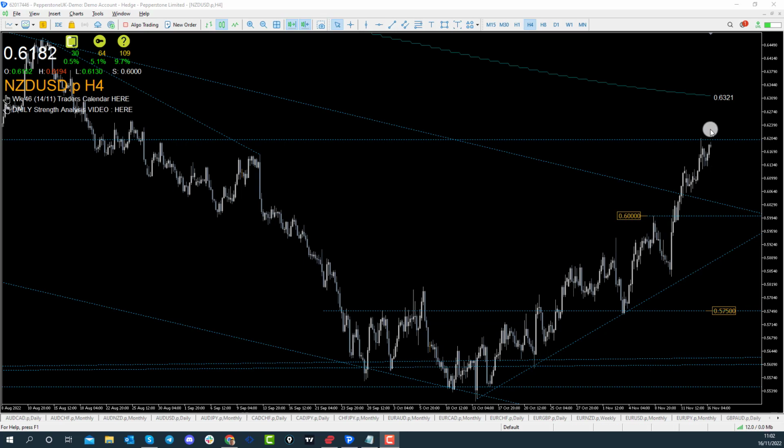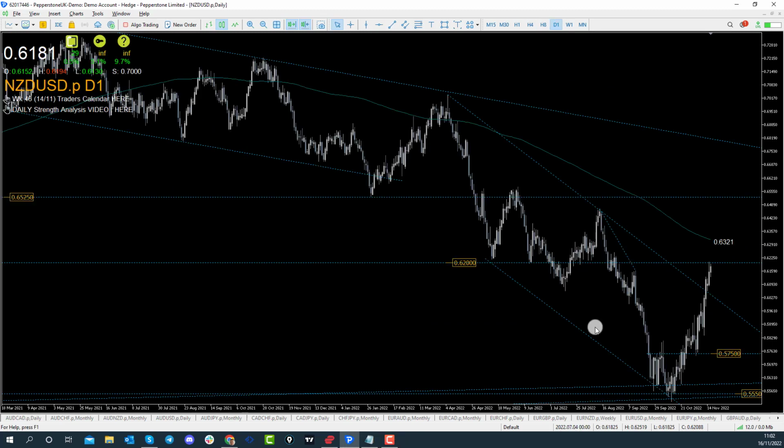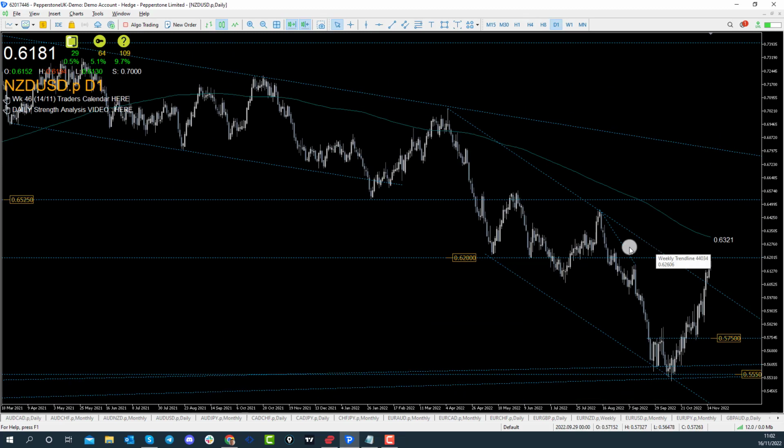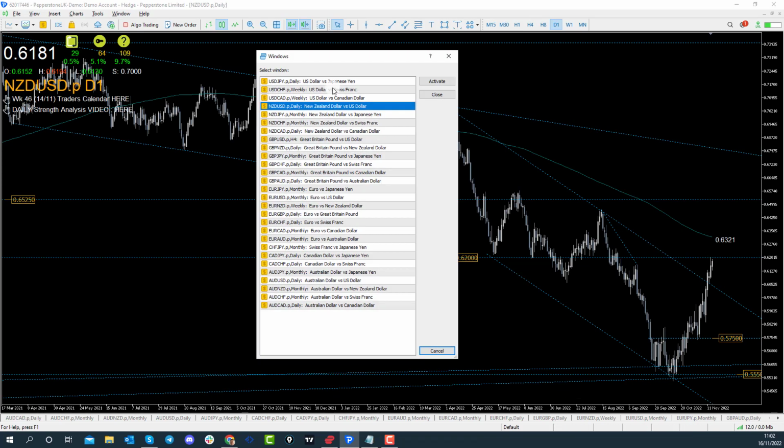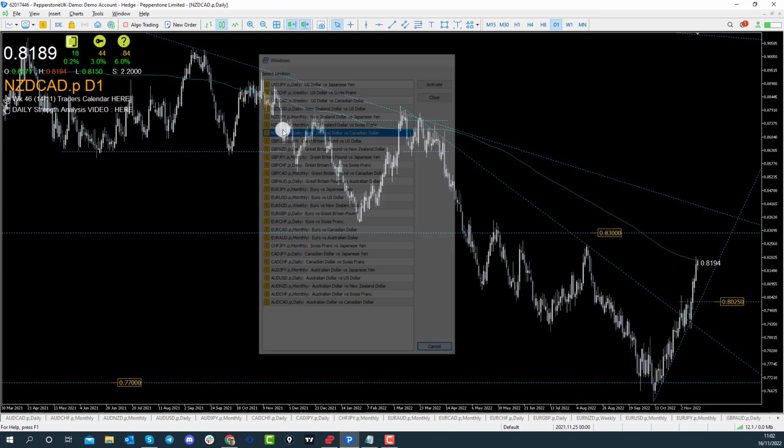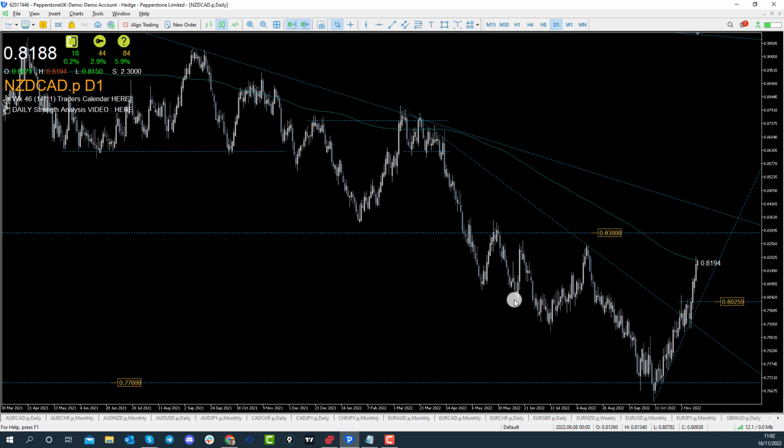However, everything's saying that we should be still looking bullish at the moment. I just wanted to point out that we are at that 0.62 handle, so you need to take caution on Kiwi dollar here at this point. Now, another Kiwi chart that I did like is Kiwi CAD. If I actually just bring in Kiwi CAD very quickly, we can see that Kiwi CAD also finding support down